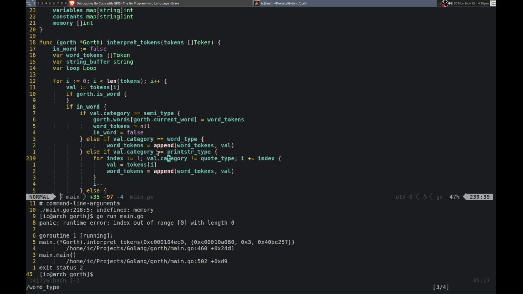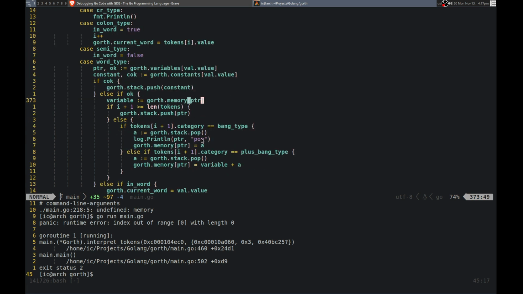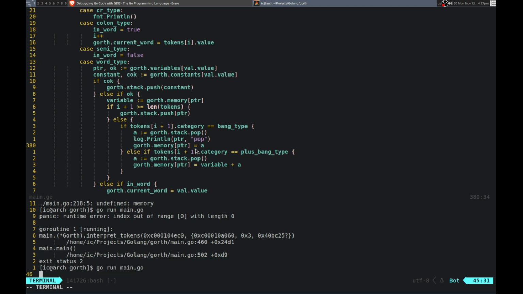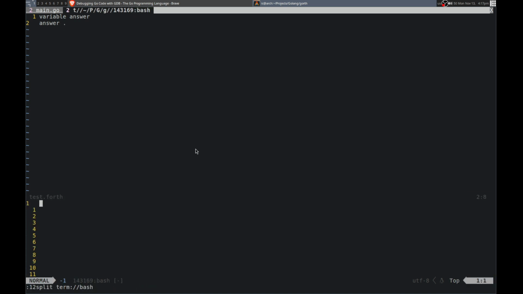So I need to, this is the wrong place. It's the next one. All right, right here. So that gets the index. And then this gets the value at the index. So then where do we have the, all right, so it looks like, let me try that. So let me run this. Okay. So now open up test.forward, do that, and then,